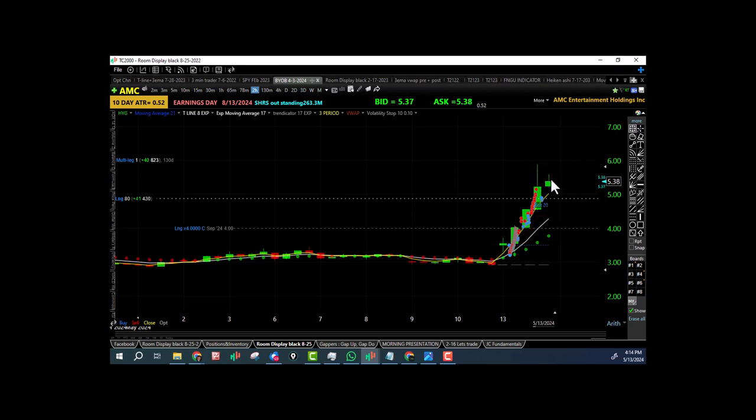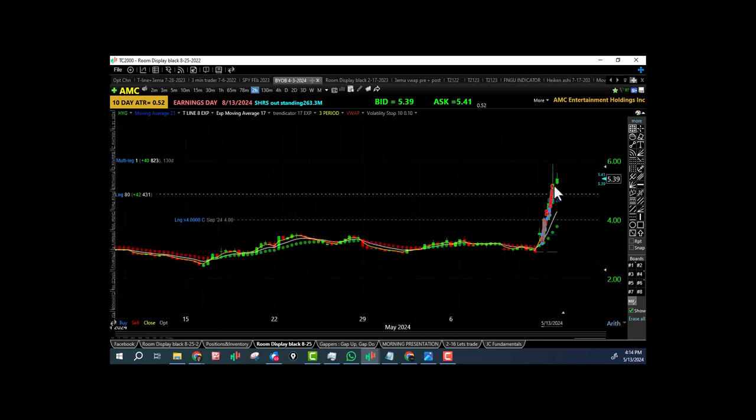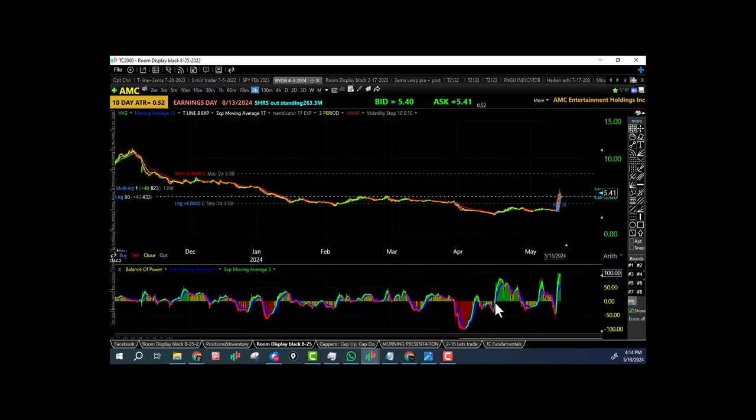So look for the pause candle, and then for that check of support, and then look for those price advancement candles on this bullish MMRP on AMC. All right, I think this thing goes to 10. It may have to cool off for a day or two, but I think this is headed for 10 based on the BOP divergence on this 2-hour